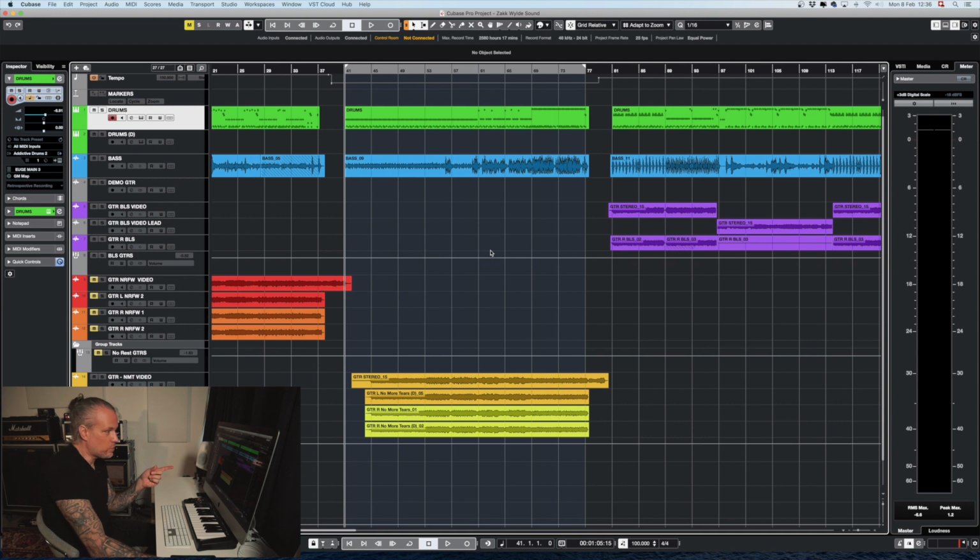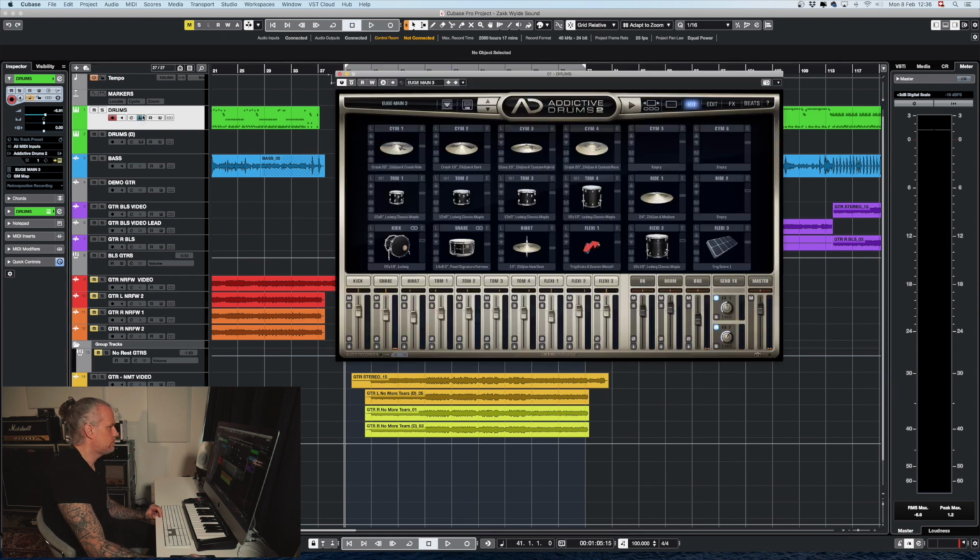So right now what we have here is the session for my latest video, how to create Zakk Wylde's guitar sounds. And here are the drums, a bass and the guitars, but let's focus on the drums. So here's Addictive Drums 2. There's a lot of